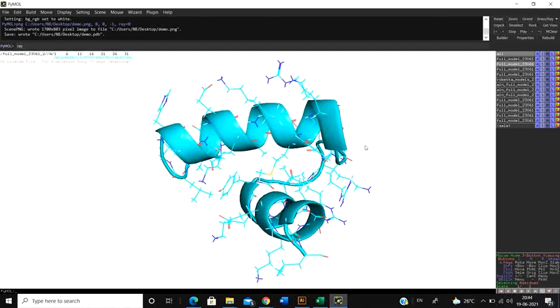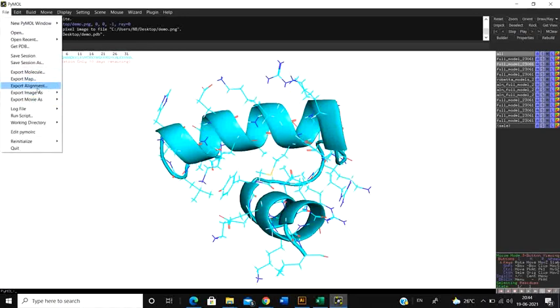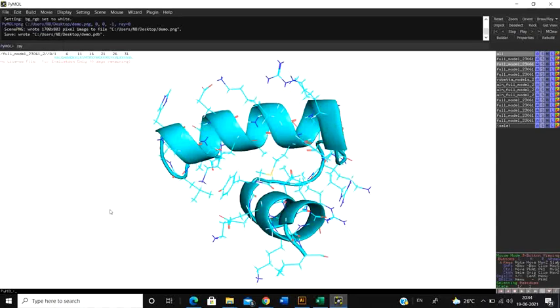So after typing in ray, all you have to do is wait for the picture to be made, and it's going to take a few minutes depending on your computer speed. Click on File, click on Save Export Images, and don't click anywhere on the screen, because after typing in ray, if you click anywhere, the ray is gone. You again have to type in ray.